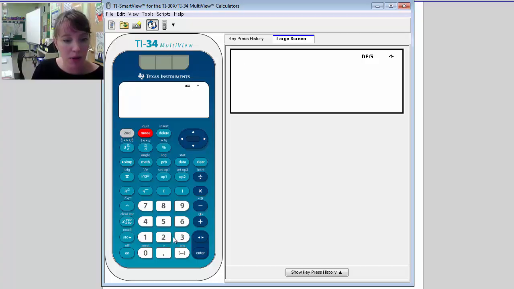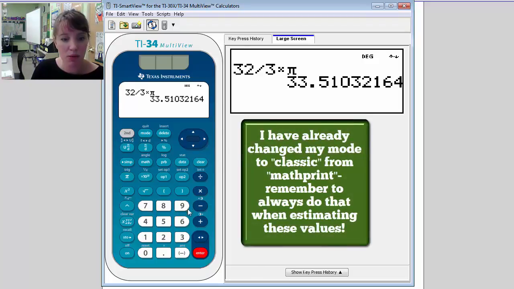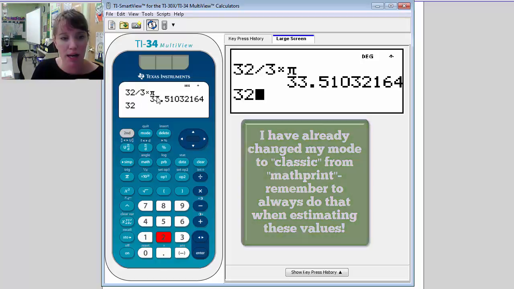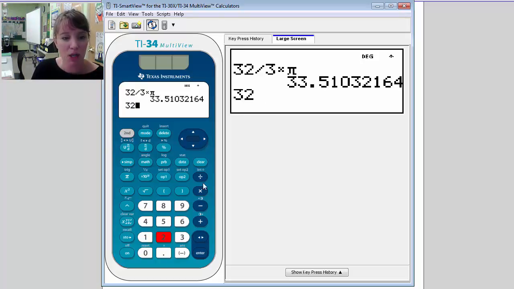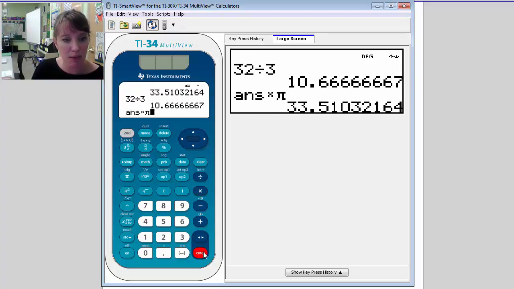And let's see, I want 32 thirds. And I want to multiply that by pi, okay? Let me just make sure, because I don't want it to have multiplied 3 times pi and then taken 32 and divided it by that. So 32 divided by 3 is going to be this. And if I multiply that by pi, remember, always use their pi key, I would get